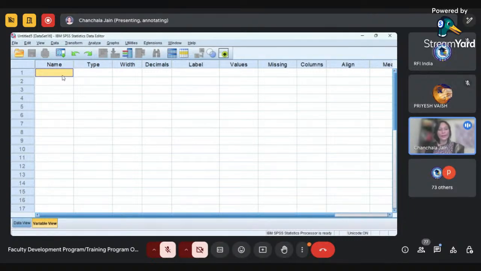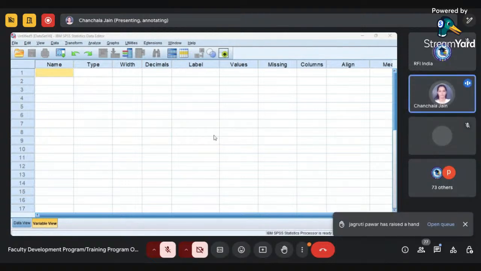Suppose I'm writing here. I hope it is visible to every one of you. You can see here I have written hashtag gender. After writing the name, I have done nothing else. Now I'm pressing the tab key, or you can press enter also. So you can see it is showing me the invalid variable name. The warning is visible to you.